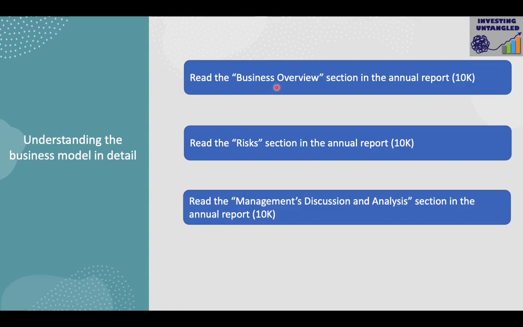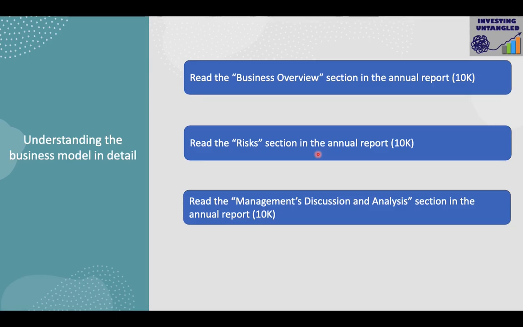The second thing I look at is the risks section. In this section, the management will discuss any kind of risks to the business that it is facing, any competition, any other external circumstance that can affect their growth, that can affect their revenues and net income. This is a very important section which you should read in detail